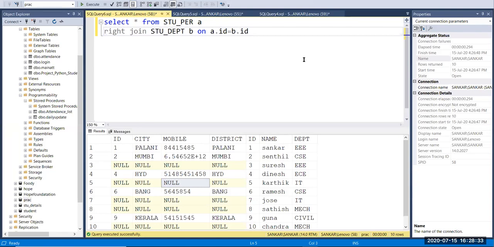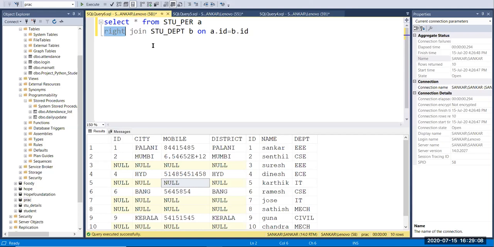It doesn't care about the matching value or not matching value, right? If the value is on the left side or on the right side, it won't matter, so it simply returns all the records. If the value is not there in the left side table or right side table, it won't skip it, it simply prints all the values. If the value is not there, it prints null.